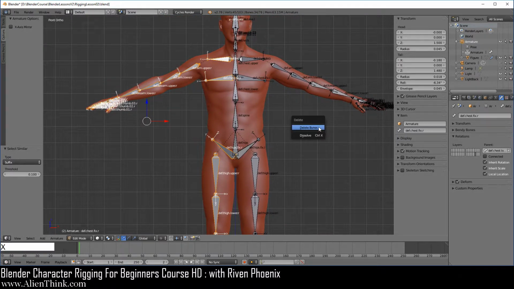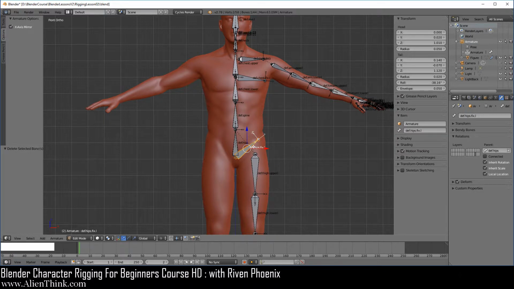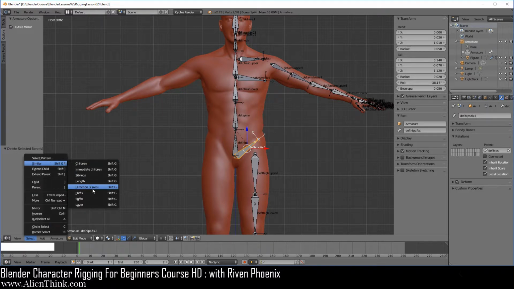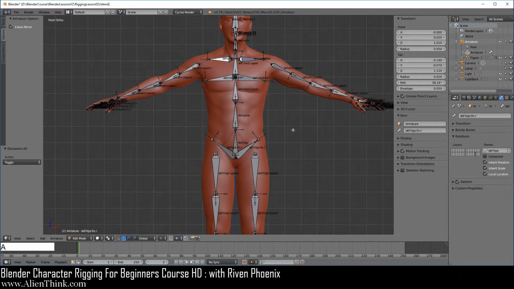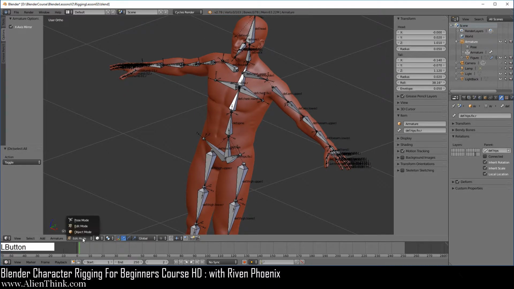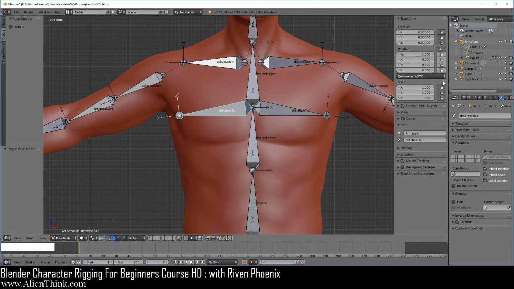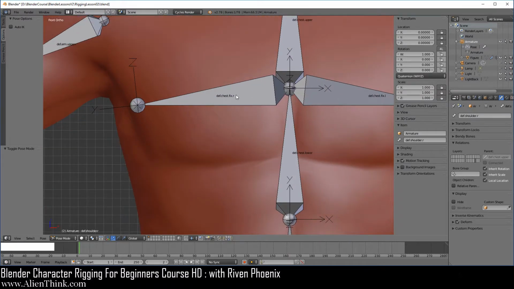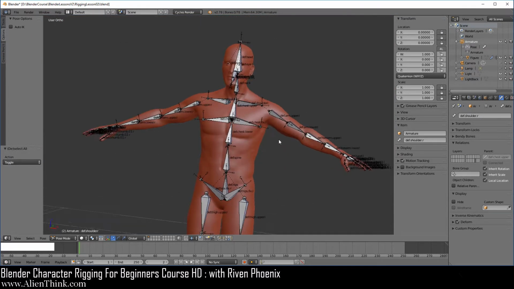We're going to do X, and we're just going to delete the bones. Click on x-axis and mirror again. Click on this bone over here and go to select, similar, suffix, W, and symmetry. Okay, now if we switch to pose mode over here, press the 1 key, go ahead and click this. You'll notice that all of these should be now locked. Okay, and make sure that it has the .r. Okay, or you can just mirror it the old-fashioned way that I've shown you, and that's it.